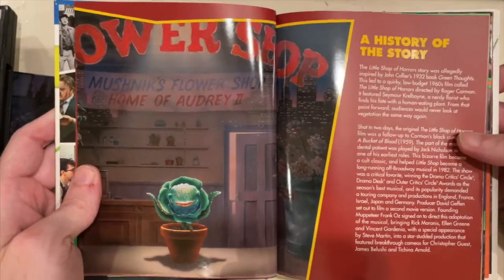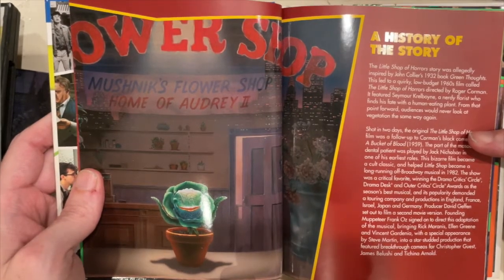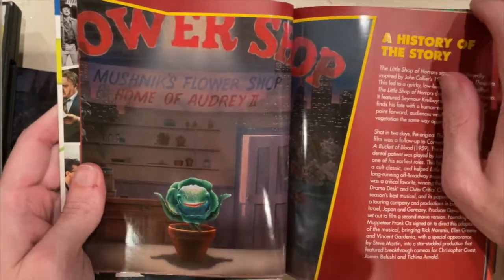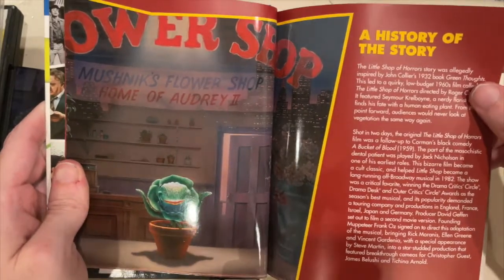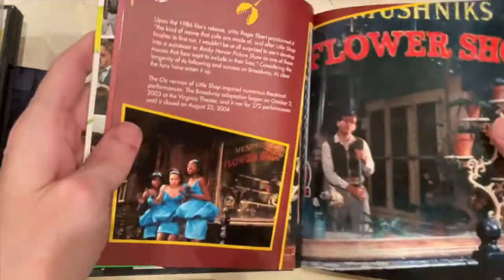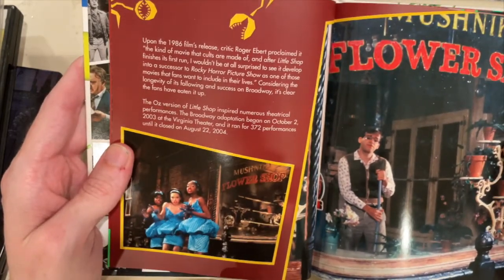There's the history of the story. It was the 1960s low budget Roger Corman Little Shop of Horrors. And then there's the 1986 film, and the thing about Little Shop of Horrors,